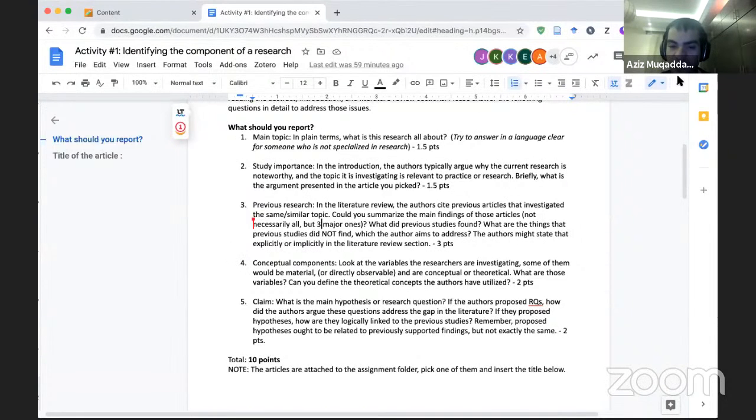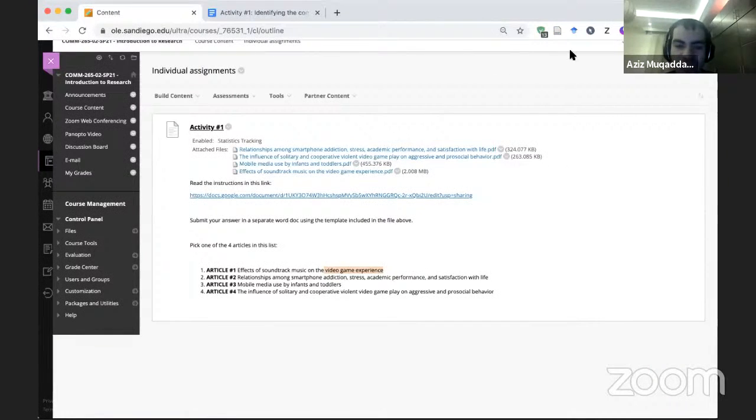Number 4, look at the variables. Some of them would be material, and by material I meant directly observed, something that you can look into and measure directly. I wish I could find a better word. And some are conceptual or theoretical. What are those variables in the article, and can you define them for us? This you can also find in the literature review, where the definitions are. So if you look right here,